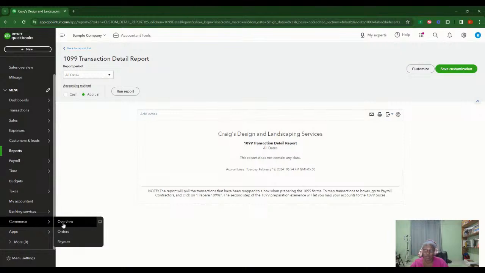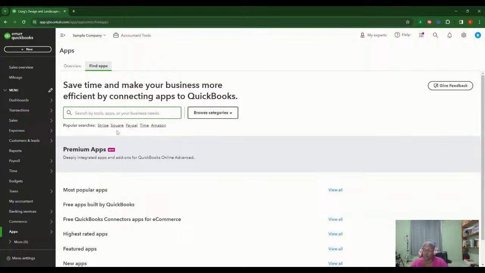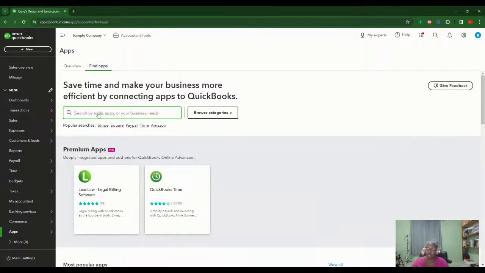And like I said, commerce is kind of new. And this is where you can also get the apps. So you can either navigate the apps at the top right here, or you can find your app right here. You can, let me see, find an app, and you can type